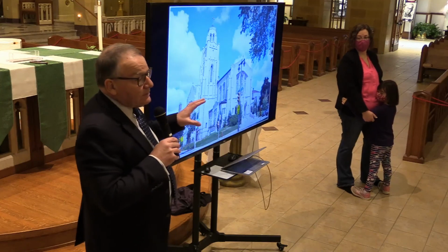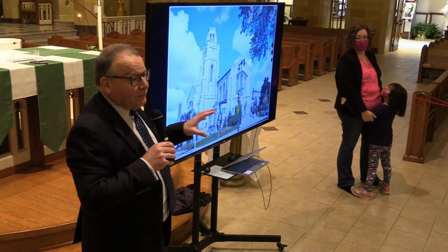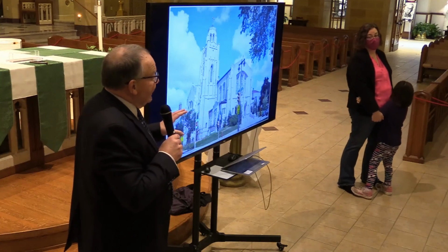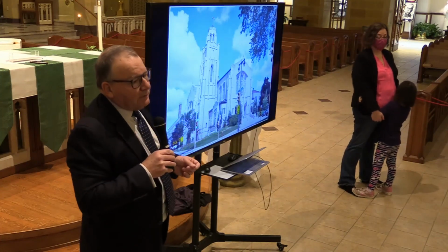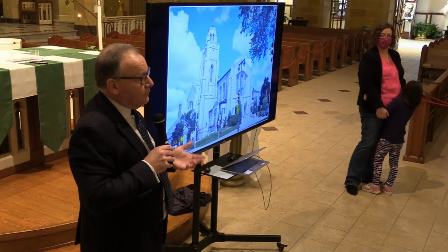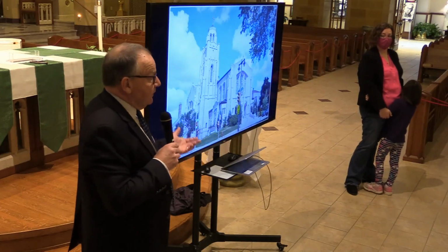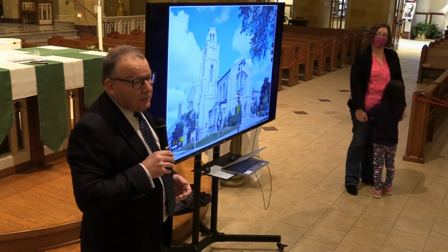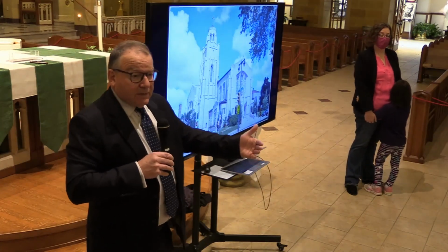Thank you for coming this morning, and we hope we gave you a little bit of a glimpse of what was going on behind all of that scaffolding that was up there. And for those of us that were privileged to be able to get up there to actually see those views, we thought it was important to preserve those views for all of you so that you could see it, and for the history of the parish so that folks in the future can see what we did in our time when it was our time to be stewards